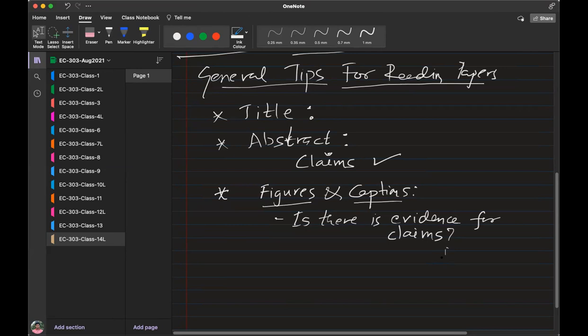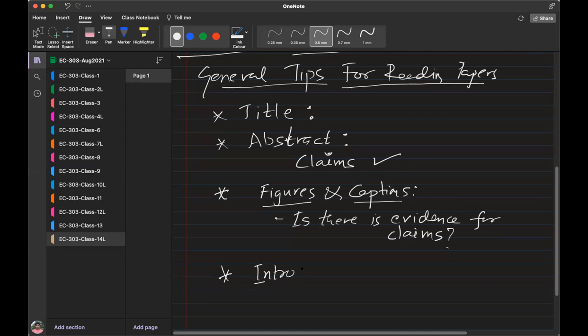Of course, another possibility is that it actually is truly bad science, badly done. Therefore, the claims are overstated. So there's really no evidence, if you really look at all the results. Okay, so at this stage, you should make a first evaluation of whether there is evidence for the claims made in the paper. Now you have to come back to the intro.